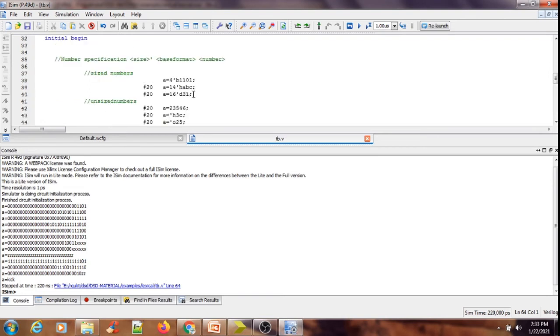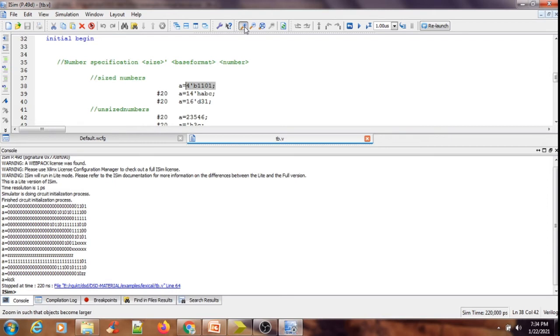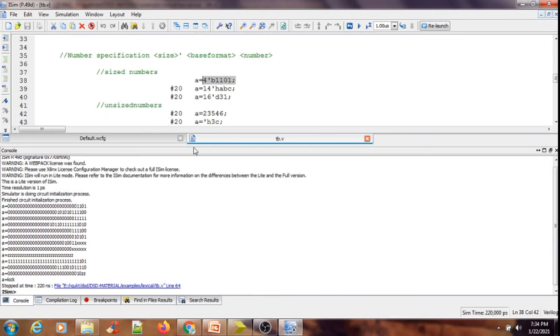So what I have taken here: 1101, this is the first value. A equal to 4-bit binary 1101 is the value I have taken here.